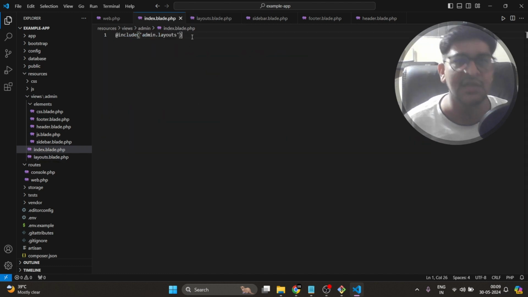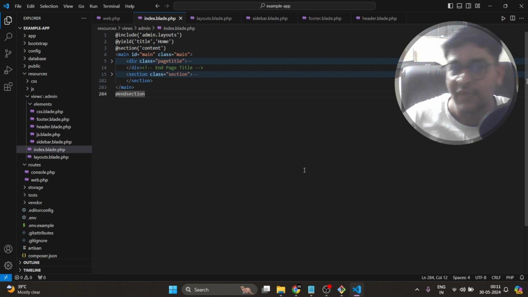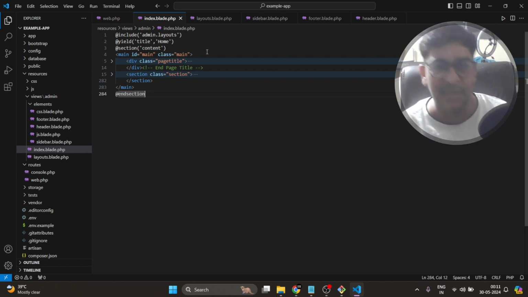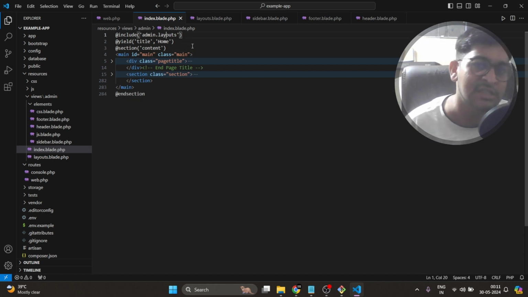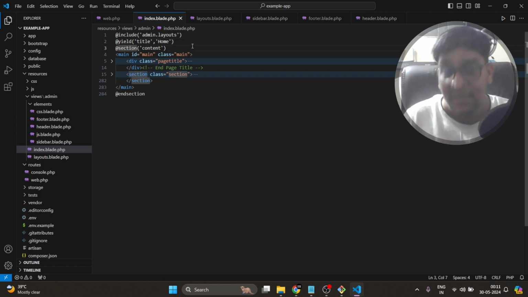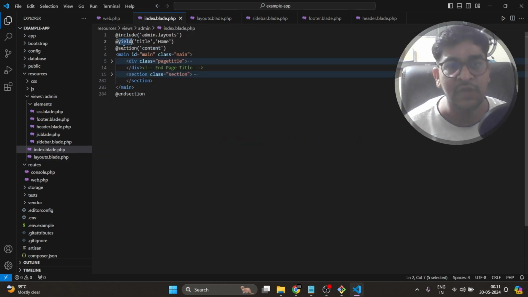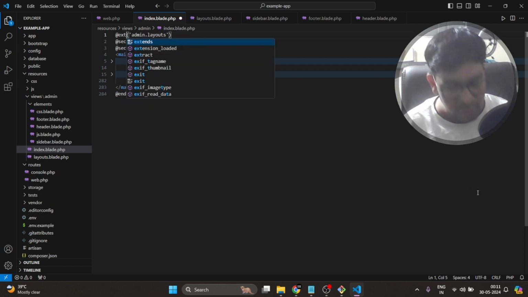Now I have this include. So you can see this is not working. Why is this not working? In some user experience and apps, you will see some people doing it this way. First of all we don't have to use yield here, because we are using yield as a placeholder, and the placeholder has to be in the layout file, and that layout file already has yield. So we have to use this as a section. Over the section we are passing this title, and this title will be replaced by this home. Okay, done.